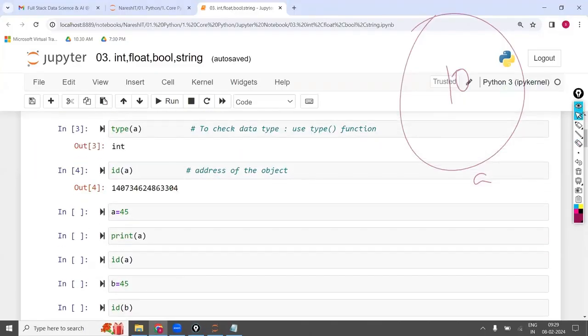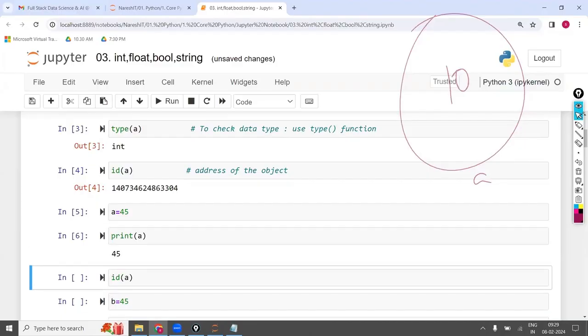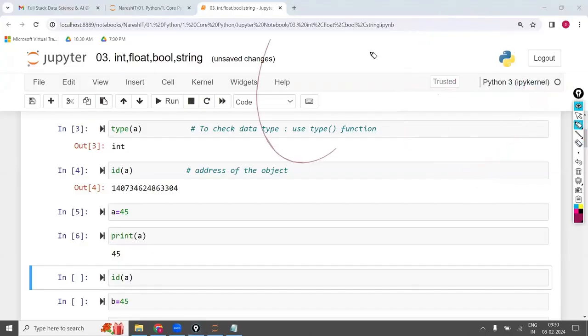Now I am writing A is equal to 45, and asking print A. It prints 45. What has happened is that it has deleted the previous object completely and created a new object called 45. The previous object was deleted.